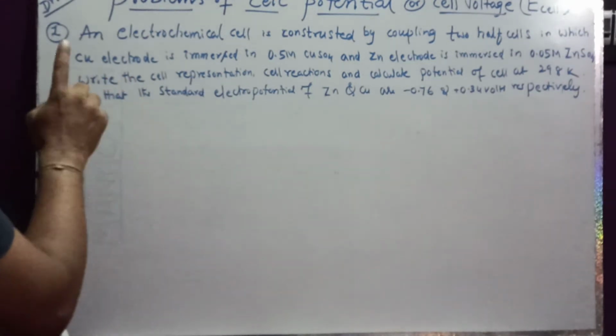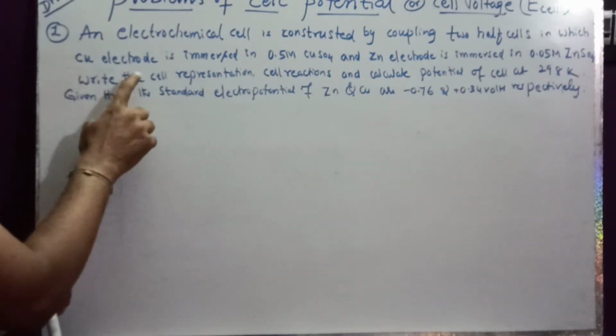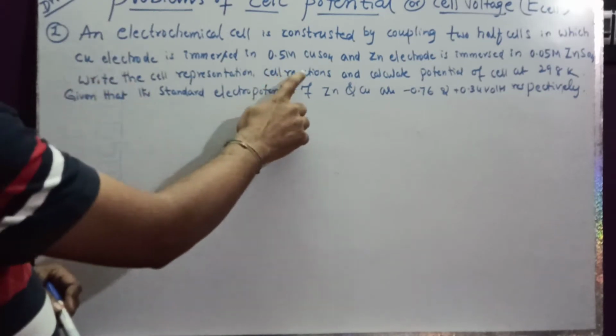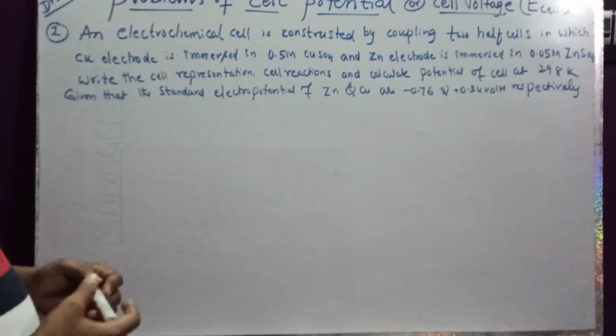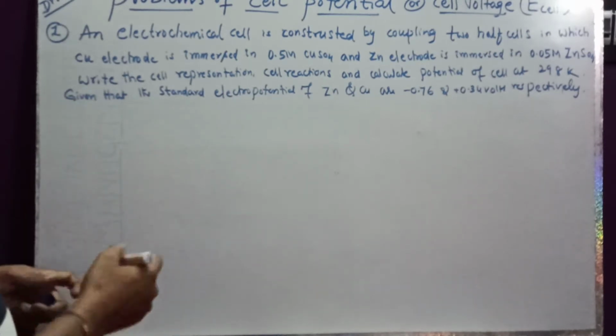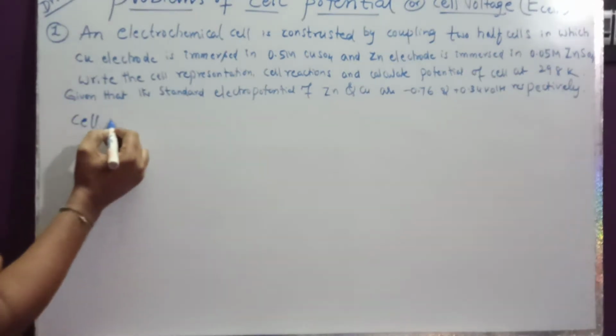So what you have to do? They have asked you to write the cell representation, cell reactions and you have to calculate potential of the cell. First let us write cell representation. So cell representation,